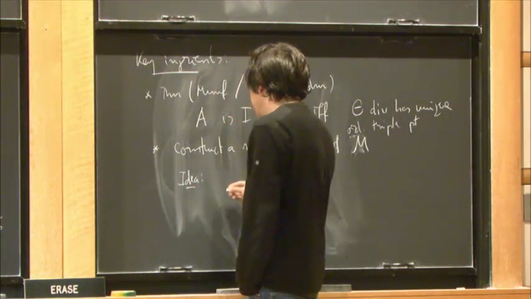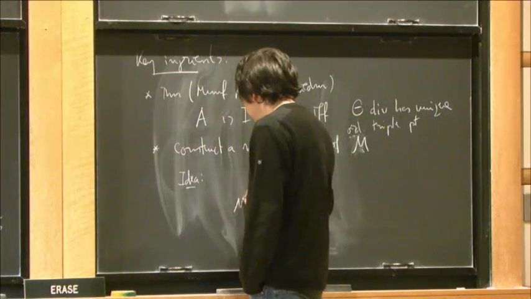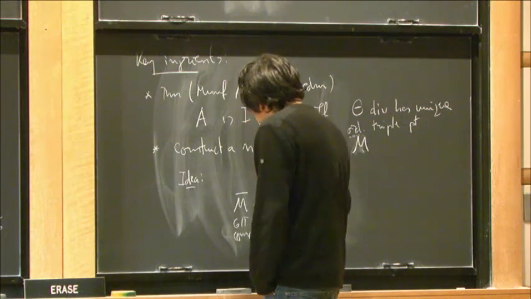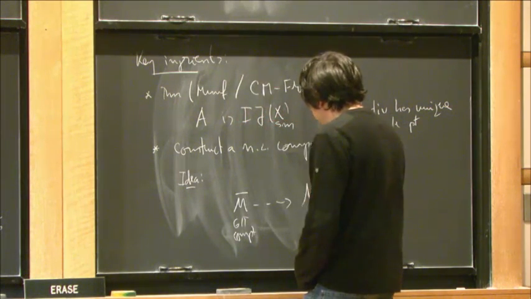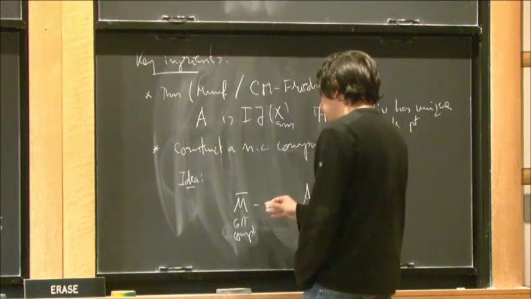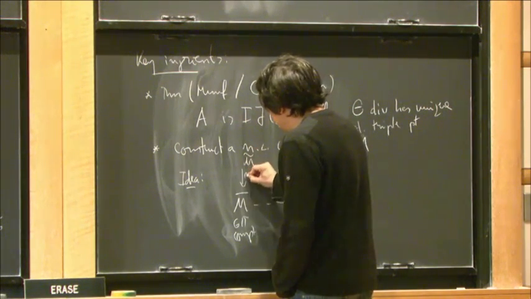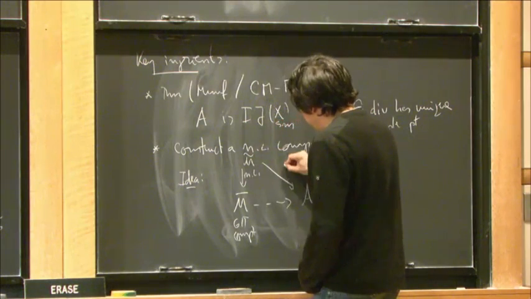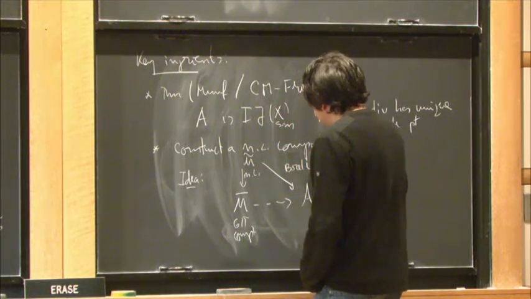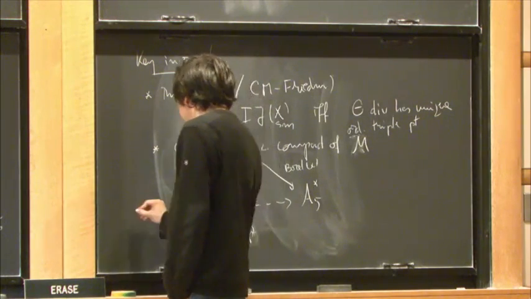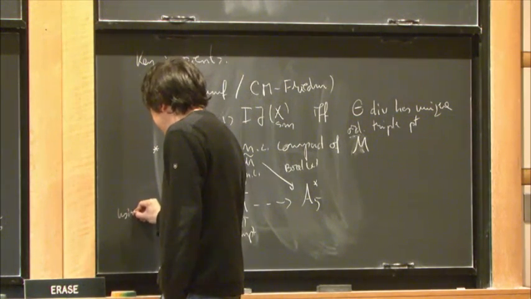The idea basically is you consider the GIT compactification. You have a rational map to A5 star. This is strictly rational, but then you can blow it up to normal crossing, and by Borel extension, this will give you a map here. And this normal crossing is constructed using the fact